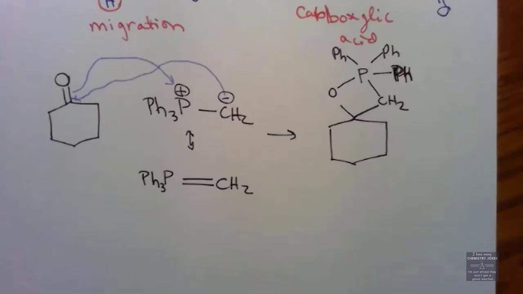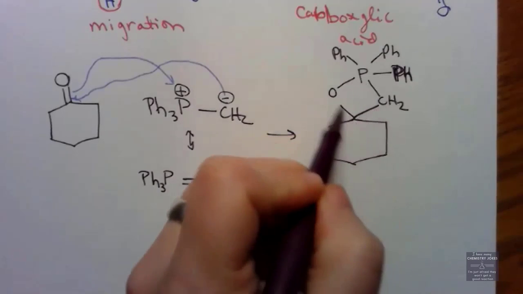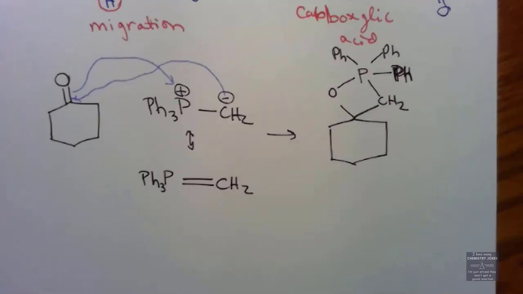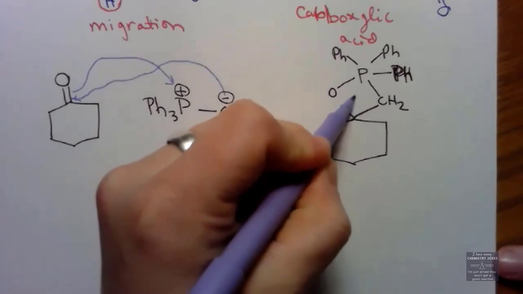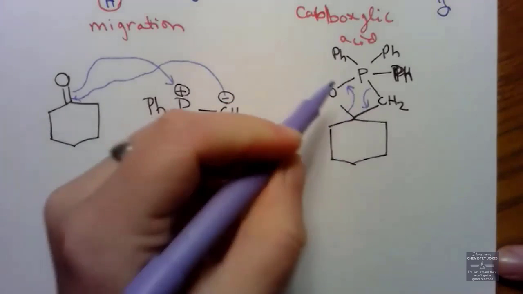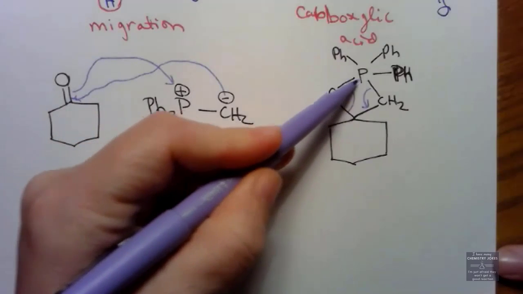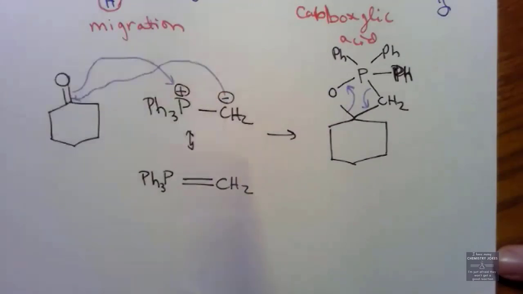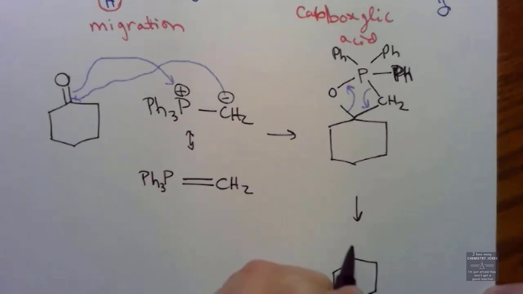There's my compound. I made a little square in the middle. Is that weird or what? So this square doesn't hang around for a long time. It falls apart to give you your product. It always falls apart that the oxygen and phosphorus leave together. Oxygen and phosphorus always leave together. And your carbon stays connected to your carbon, and you get a CH2